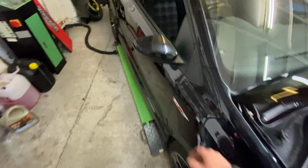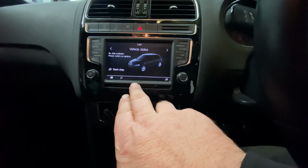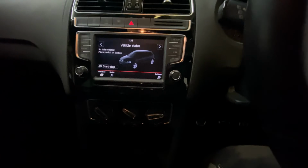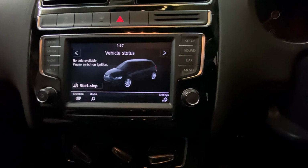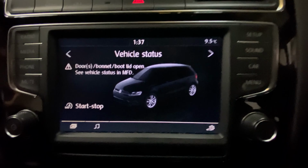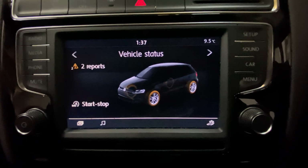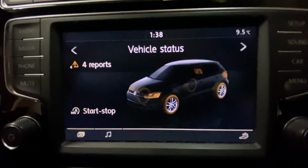But I just wanted to quickly show you something that I've noticed inside the car when I was driving it. So it's got this sort of entertainment system, but it also gives you information about the car itself in this dash thing here. So I just want to quickly show you what happens when I start the car. Watch that. It starts to find out and learn what's wrong with the car itself. Look, you've got 4 reports,